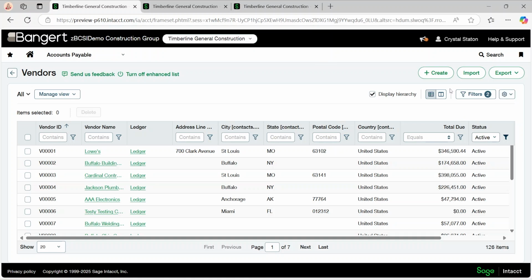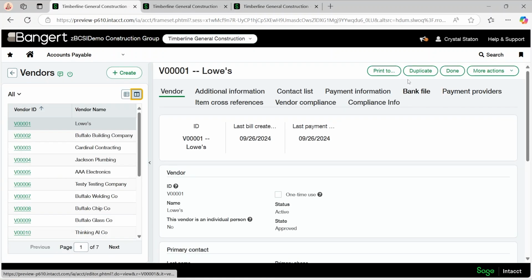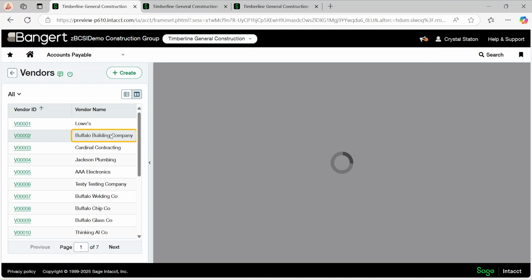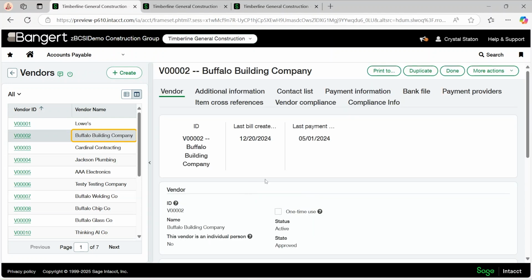But the newest feature is going to be these two tabs here, the List View and Split View tab. So you select the Split View, and a side-by-side view is going to come up of the list and the record. You can still scroll through the list, as well as preview the record on the right.